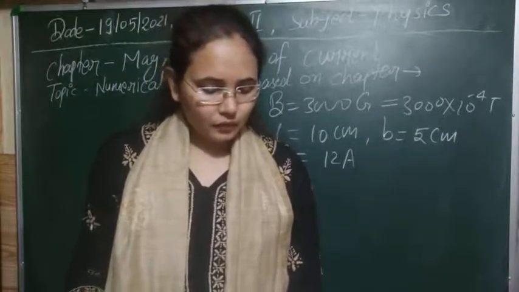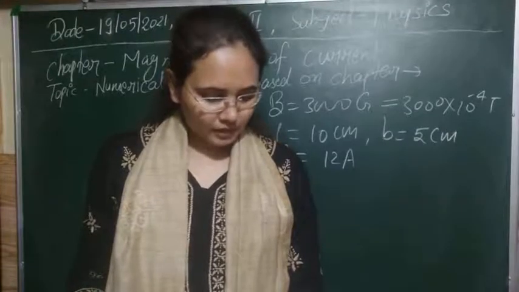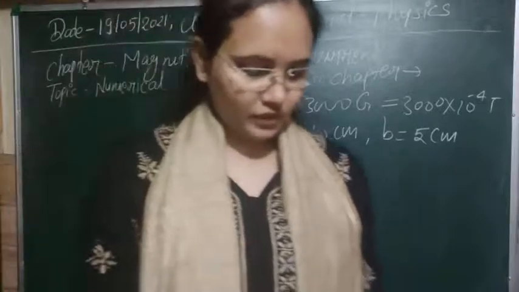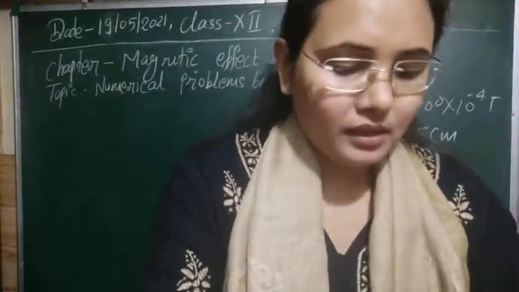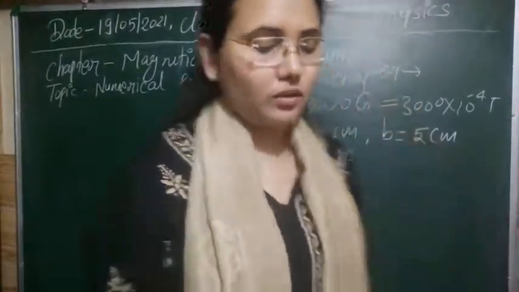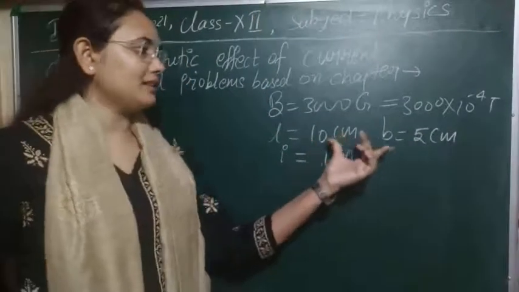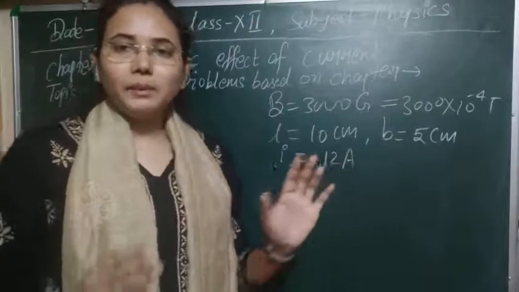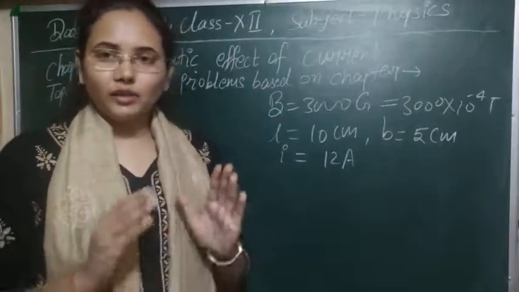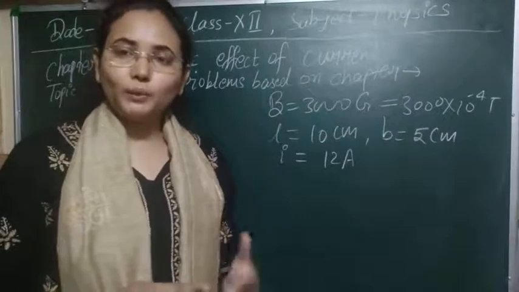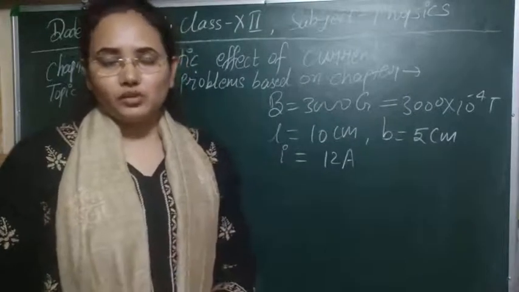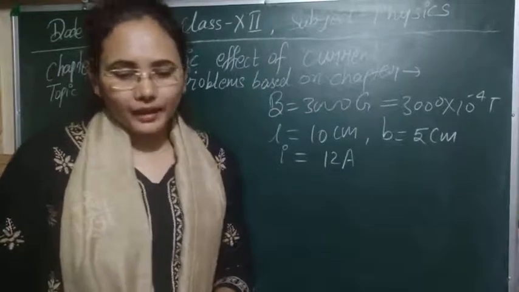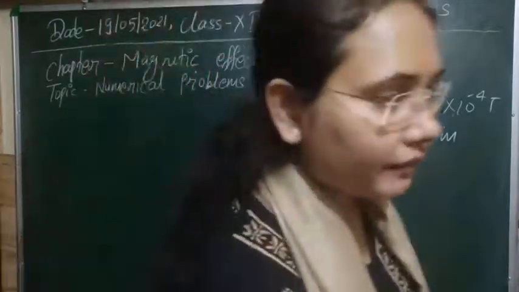Second, which case corresponds to stable equilibrium. So the question is simple here. First of all, the magnetic field is given, the sides of the loop are given, and the loop is carrying a current. This question is for the case when we put a loop in an external magnetic field. We know that it will experience a torque, so we have to find the torque, and different cases are given to us here.